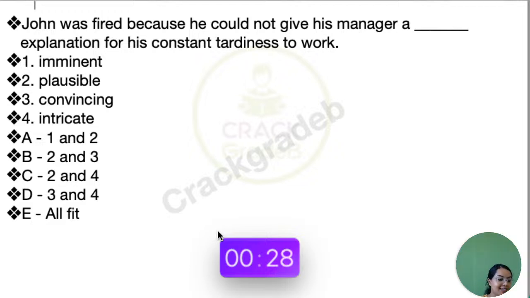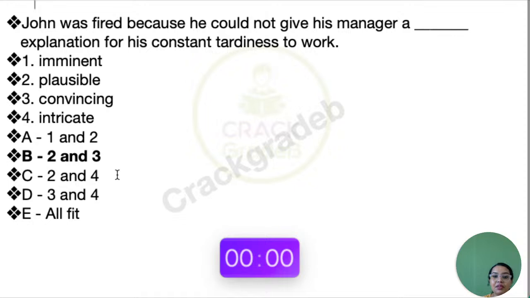This should be easy. Actually, it's my bad. I should have made it a little tougher for you by using a slash an. So, the second and the third word, a slash an, the article here, of course, is helping you see that imminent and intricate cannot come. But in the exam, please make sure you go through the word. Sometimes you get a, and then the letter n written in brackets. That means a or an, both can come.